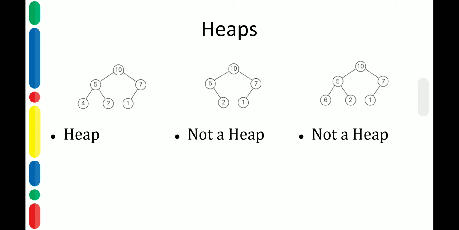So when do we say a graph is a heap? It should satisfy both properties. First, it should be an essentially complete binary tree or an almost complete binary tree, and in addition to that it should also support the concept of parental dominance. Every parent node is larger than its child.